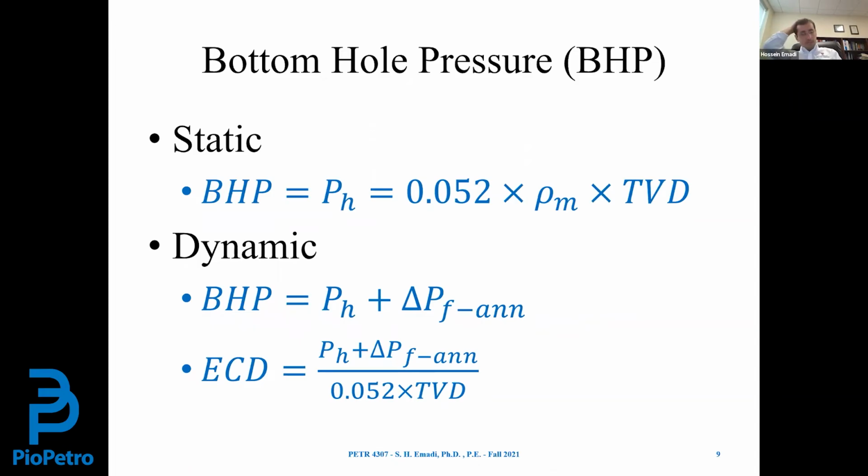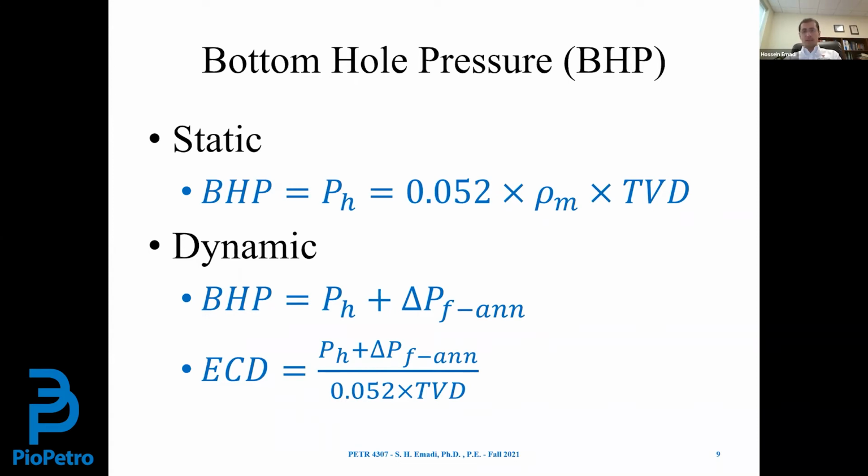So these are the formulas used to calculate the static and dynamic bottom pressure. For static bottom pressure, it's 0.052 times mud weight in pounds per gallon times TVD. And in dynamic, it's the hydrostatic pressure plus the pressure drop due to friction inside the annulus, and you should be